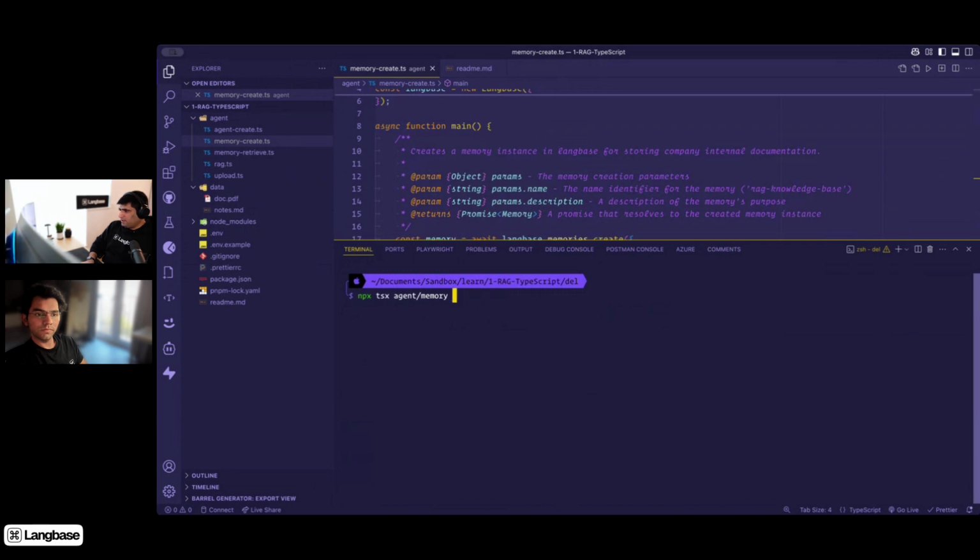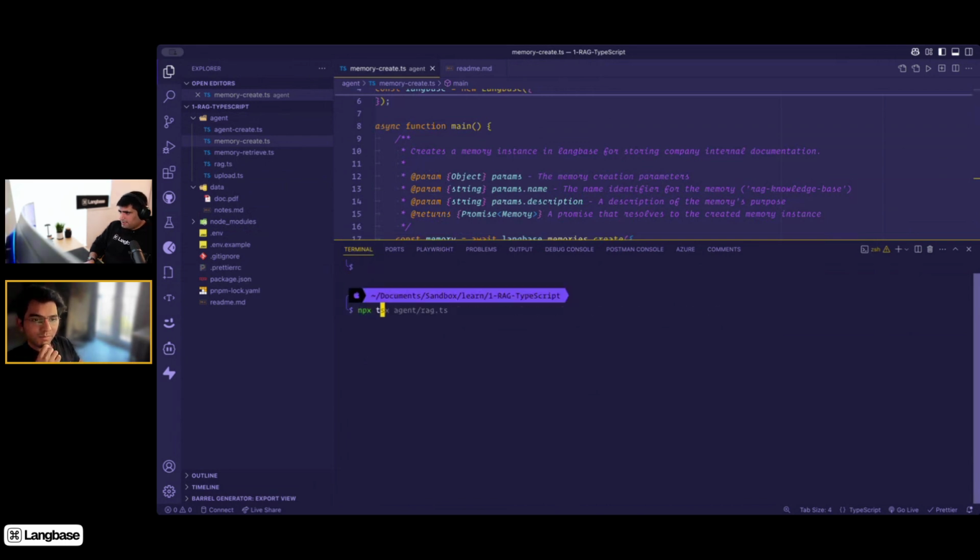What is happening? Create. Why is it not recommending that? Oh, I see the problem now. Give me a minute. There you go. So npx tsx agent memory, and inside of here we are going to create the memory, right? So I just ran this one,